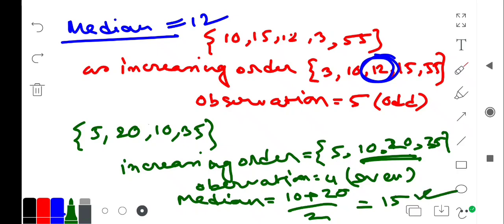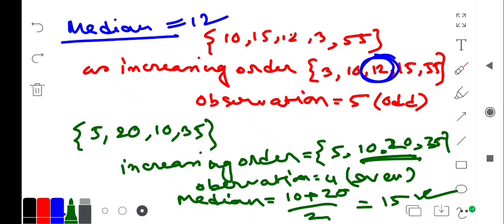Okay. If there is odd observation, suppose 5টা দেওয়া আছে, 3টে দেওয়া আছে, 7টা দেওয়া আছে, তাহলে সেক্ষেত্রে সবসময় প্রথমে ইনক্রিজিং অর্ডারে অ্যারেঞ্জ করবে। ইনক্রিজিং অর্ডারে অ্যারেঞ্জ করার পর সেখানে মিডল ভ্যালুটা নেবে। ওকে, this is termed as median. এবার যদি তোমার ইভেন অবজারভেশন থাকে, তখন সেক্ষেত্রে আবার ইনক্রিজিং অর্ডারে অ্যারেঞ্জ করবে। First we have to arrange the increasing order, next মাঝখানে দুটো ভ্যালু তার অ্যাভারেজ আউট হবে তোমার মিডিয়ান।